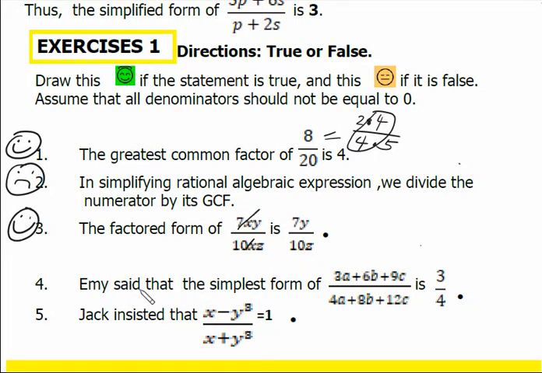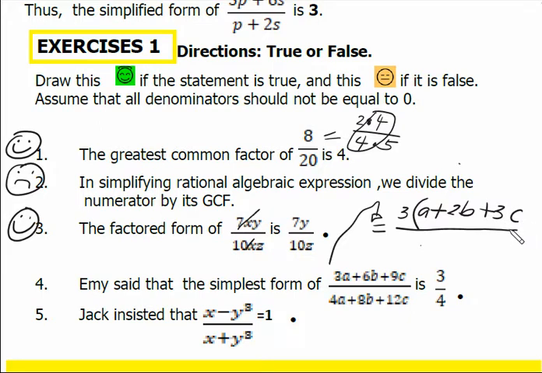Then here, number 4. Emmy said that the simplest form of the expression is 3/4. Now let's try to see. Let me just draw an equal sign here. Okay, so what are the factors of the numerator? Common is 3, so let's take out 3, times what is left, which is a. On the first term, the second term, we have 2b, and the third term, we have